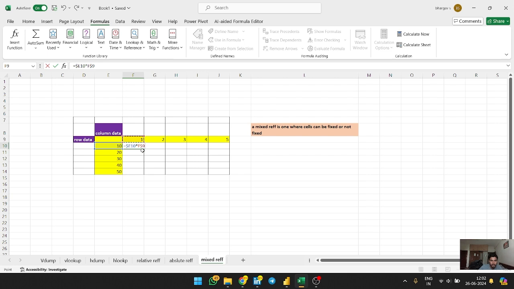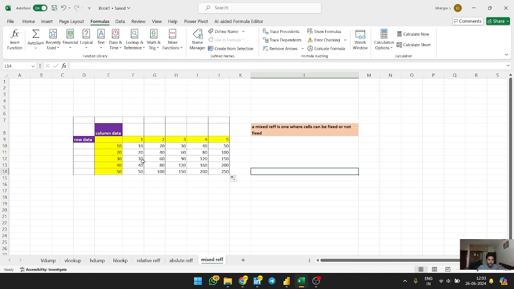The dollar symbol is in front of 9. That means row 9 is fixed, but the column will not be fixed. So I will try this. Let's see what happens, and I will copy this to every cell. This is how you can use the formula at once, and copy that formula for multiple cells. What we have done